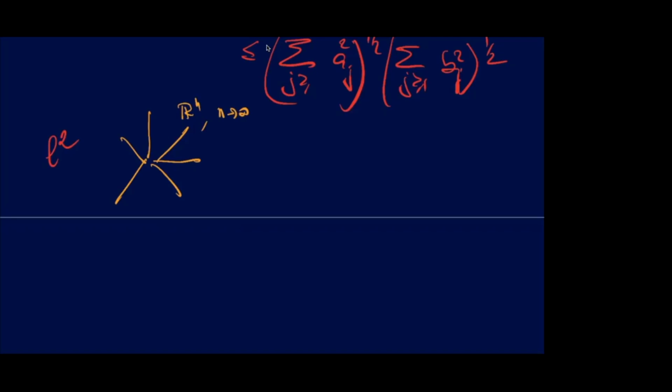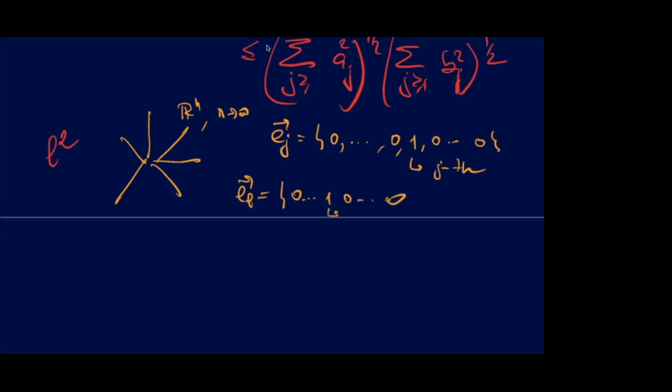Well, I can take e_j, the vector e_j in the Hilbert space L2, the one that is taking all values 0 except on the jth. And then you give me the e_l, in which the one is placed somewhere else, in the lth component, right? And when I make the scalar product of e_j with e_l, right, I get